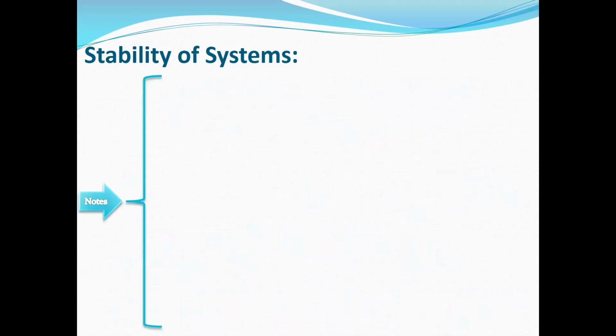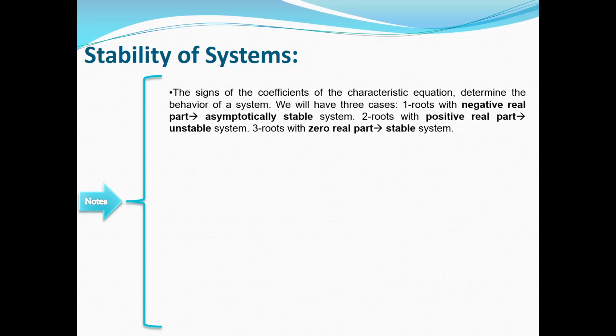There are some conclusions. In fact, these conclusions are extracted from the previous section, when we discussed the effect of the roots of the characteristic equation on the behavior of the system. We discussed these results, but here again we review them. The signs of the coefficients of the characteristic equation determine the behavior of a system. As you saw in the previous chapter, when we plotted the effects of the position of the roots in the s-plane on the behavior of the structures, we concluded that